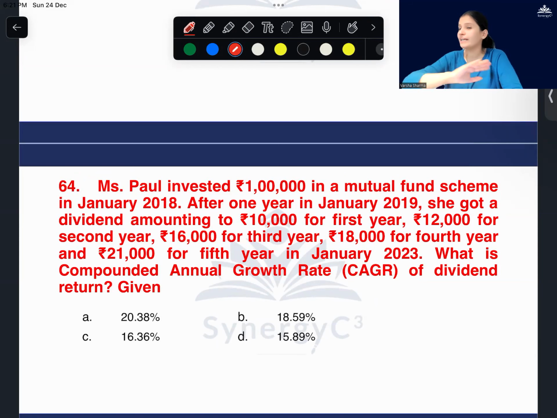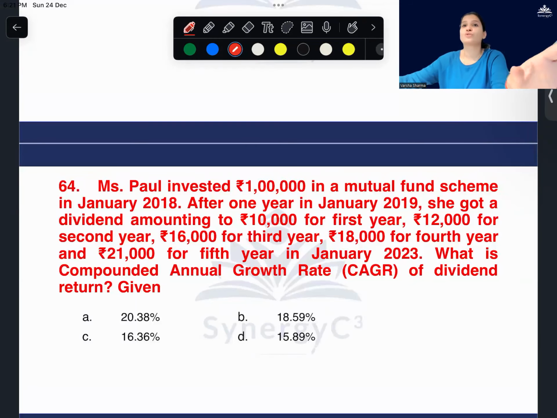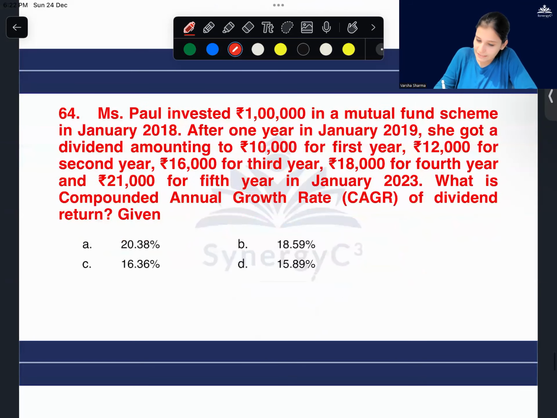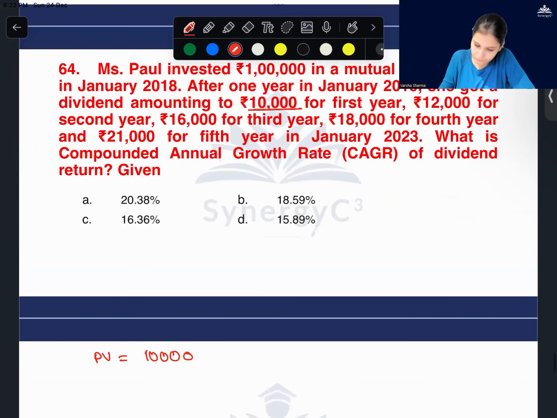In between, whatever you get, ignore everything. You have a value that you are starting with, you have a value that you are ending with, just use those two and find out what your rate of interest is. That is CAGR. Understood what I just said? Here, what is my first year value? 10,000. So that is my present value, the principal. What is my last value? See, what you started as an investment, ignore those. What was your first return?